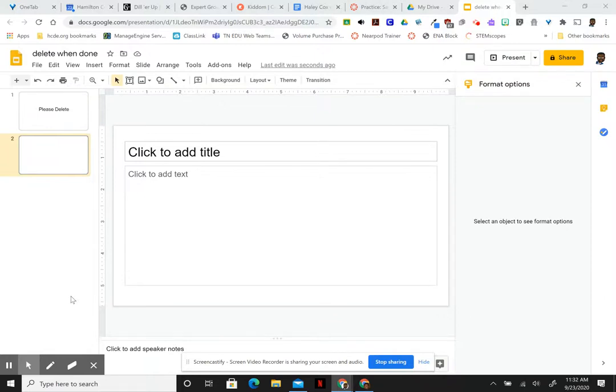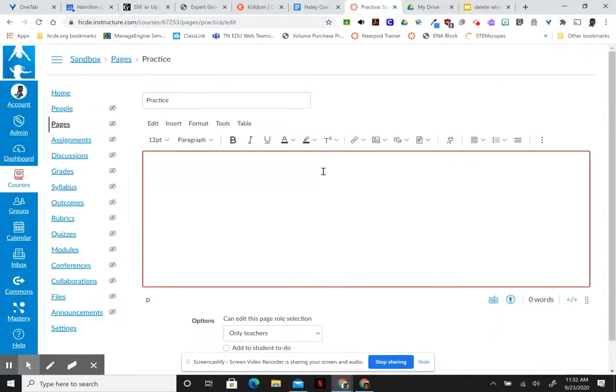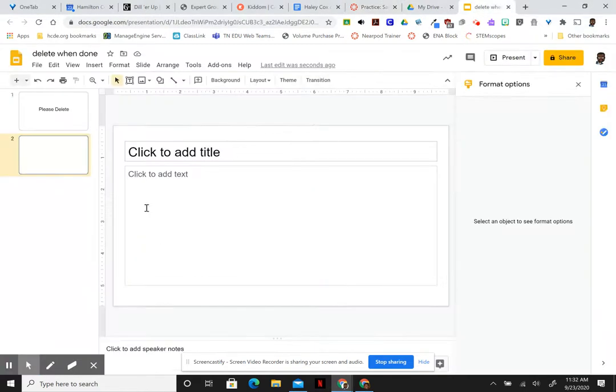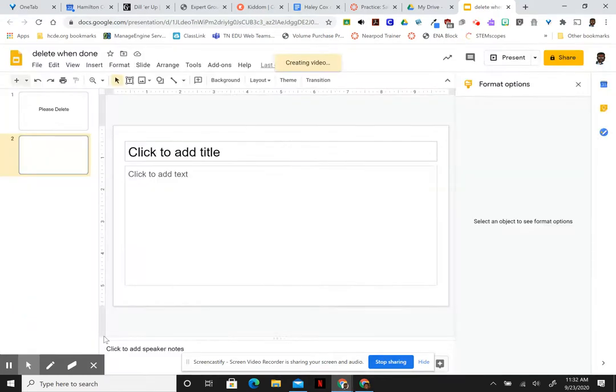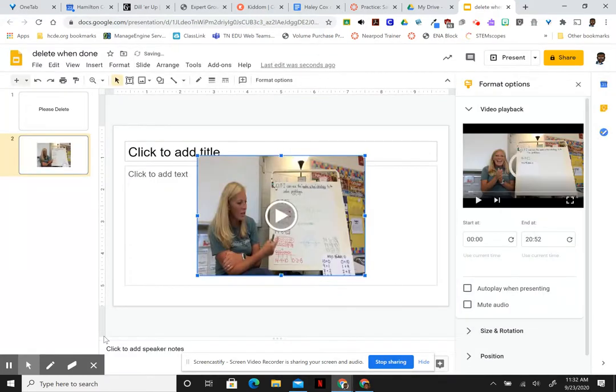I think I can demonstrate what's going on with your situation, and hopefully we can have a remedy that works for you. So I've got a sample slideshow set up here that I'm going to put into my sandbox course right here in Canvas. Following along with what you mentioned and how I believe you're doing this, we're going to insert a video. I've got one, a .mov, so it's from iMovie, from another CDT, and I've got that now into my course,